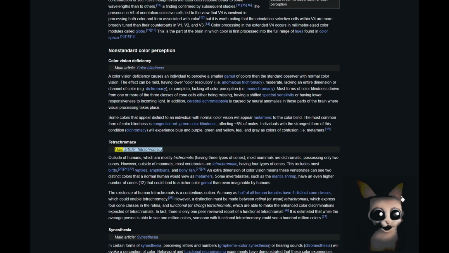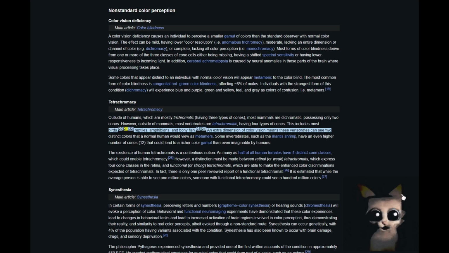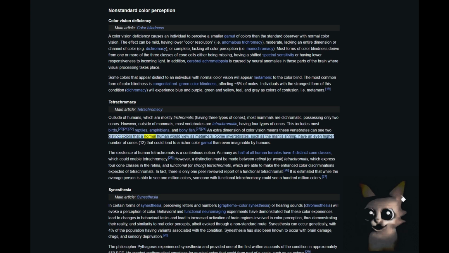Tetrachromacy. Main article: Tetrachromacy. Outside of humans, which are mostly trichromatic, having three types of cones, most mammals are dichromatic, possessing only two cones. However, outside of mammals, most vertebrates are tetrachromatic, having four types of cones. This includes most birds, reptiles, amphibians, and bony fish. An extra dimension of color vision means these vertebrates can see two distinct colors that a normal human would view